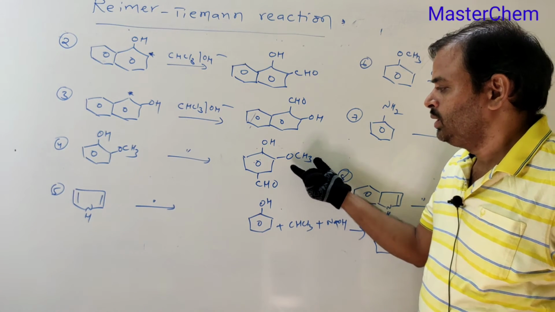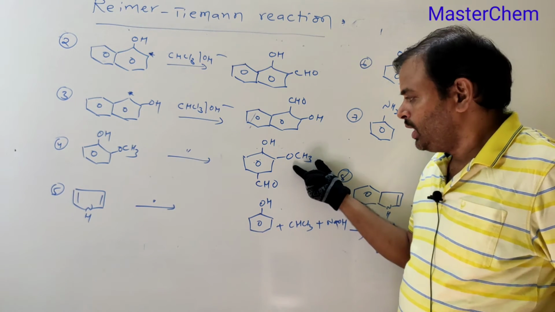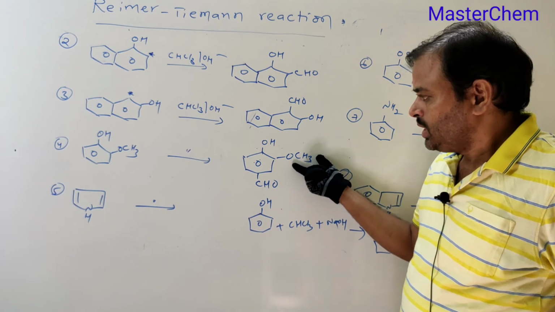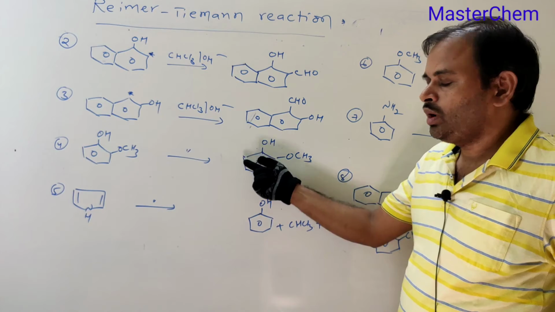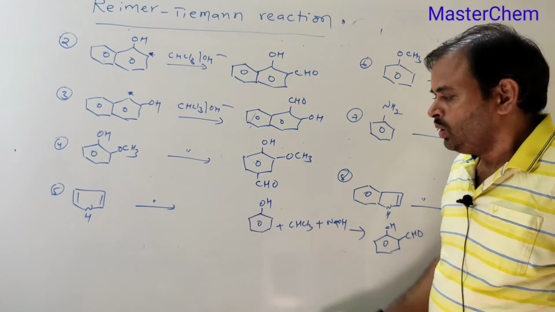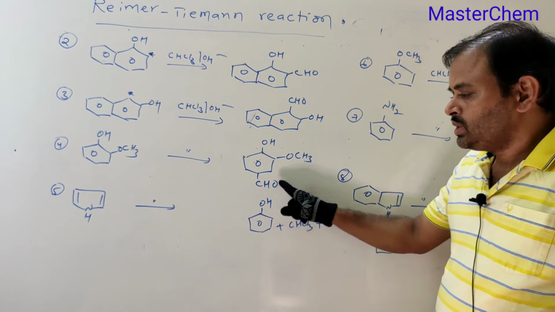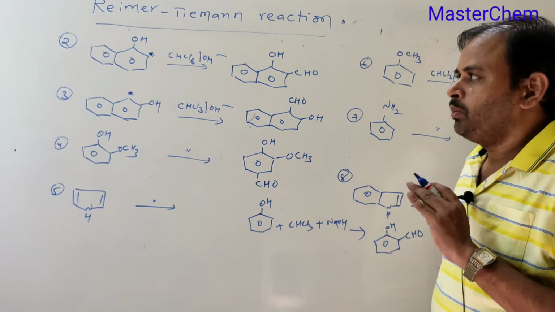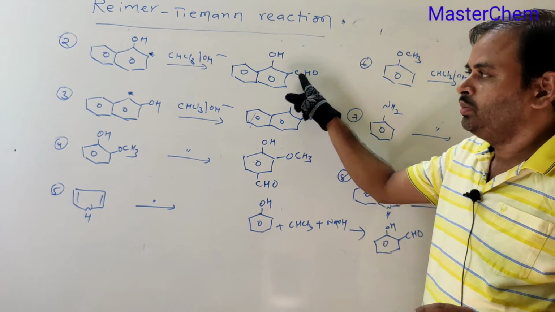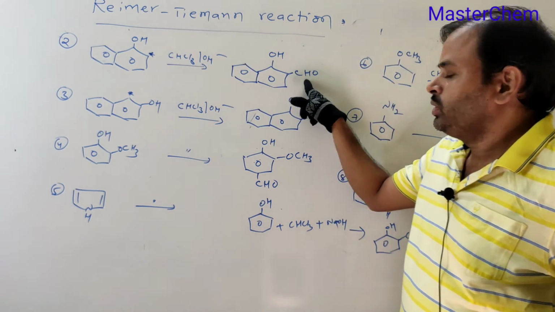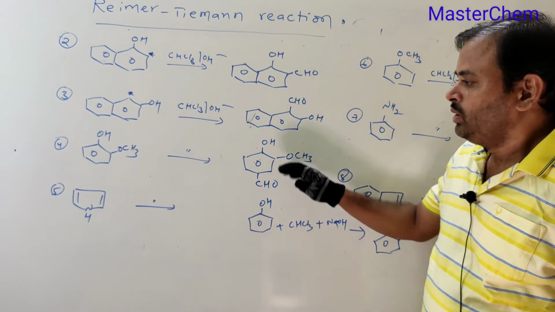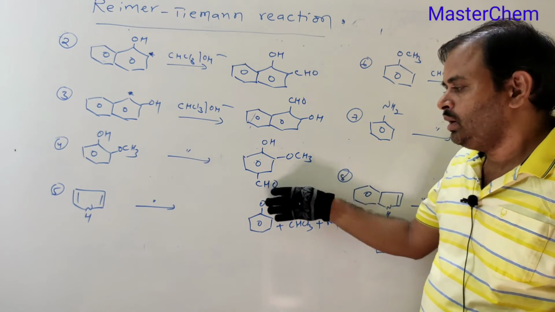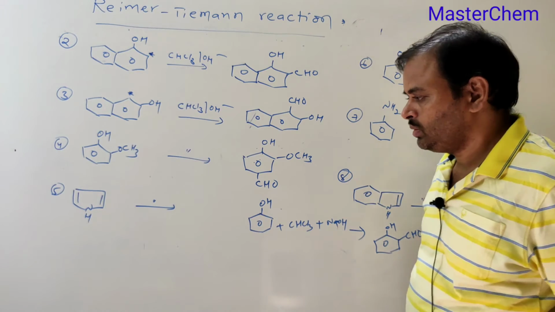What is the reason? Just because the ortho position is already occupied with the bulkier group OCH3. That's why, to avoid steric crowding, the CHO group occupies the para position. In the general rule, just replace hydrogen with CHO. Here one hydrogen is replaced with CHO, that is the rule. So if any substituent is present at the ortho position, then it selects the para position.